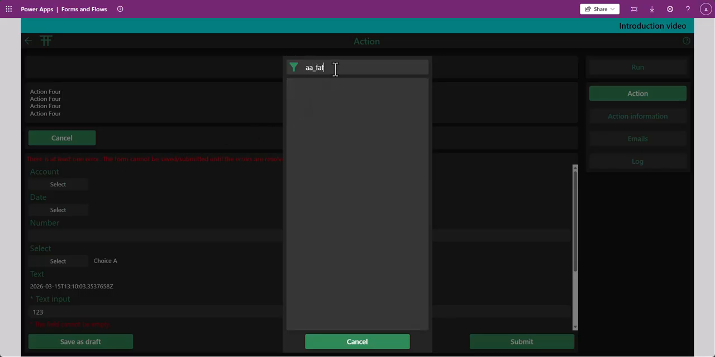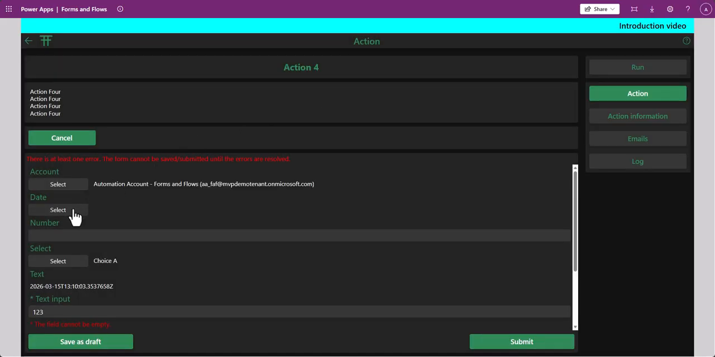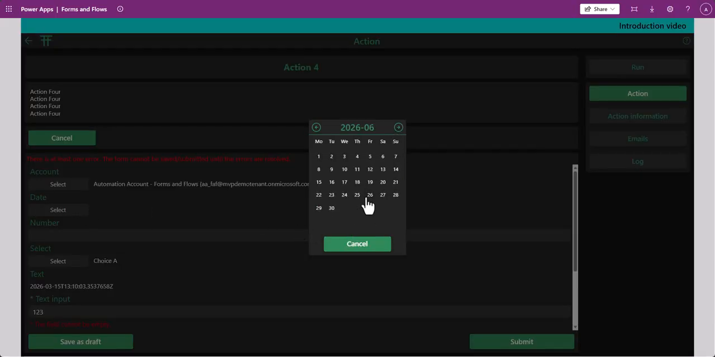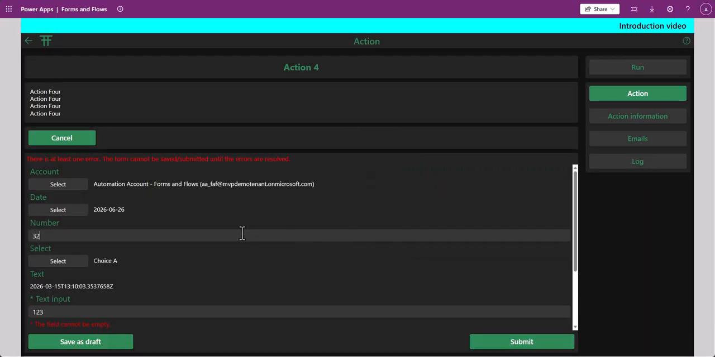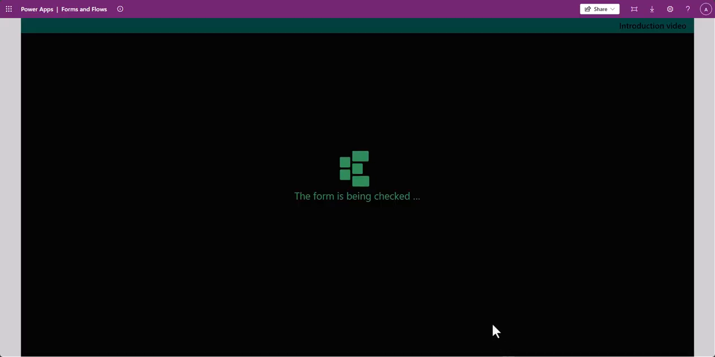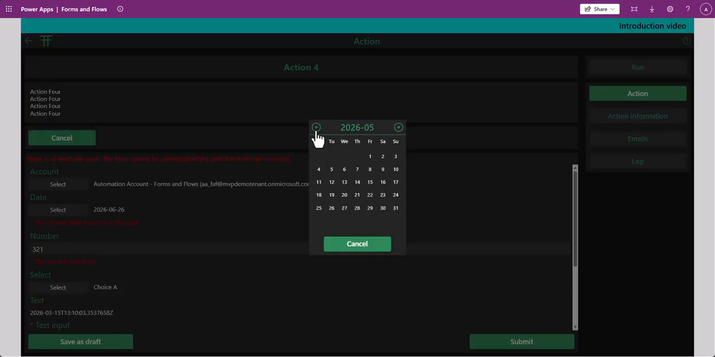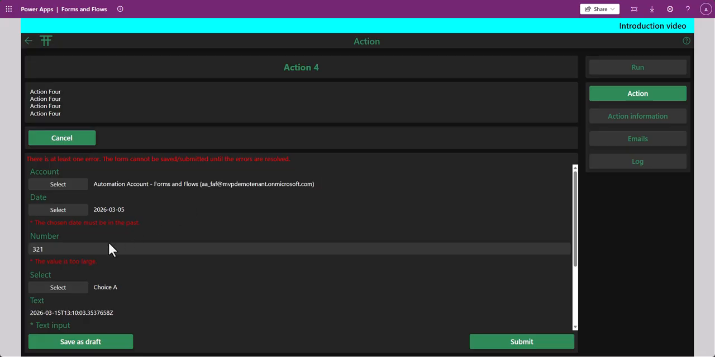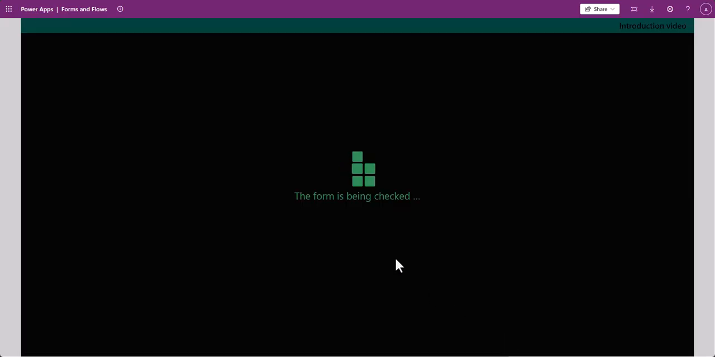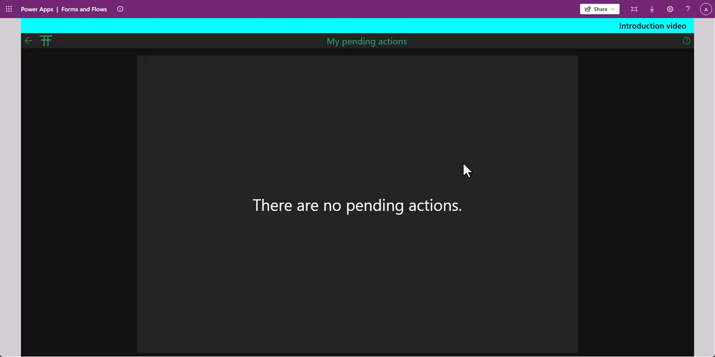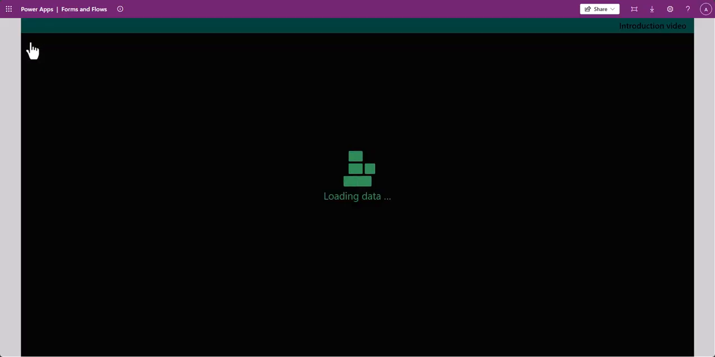Count, date, so. And let me click on Submit. Oh, the chosen date must be in the past. Okay. It's too large. Submit. This ends the process. So when I now go back to the login screen